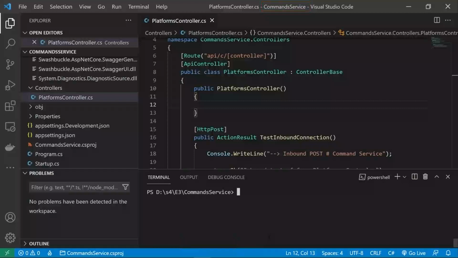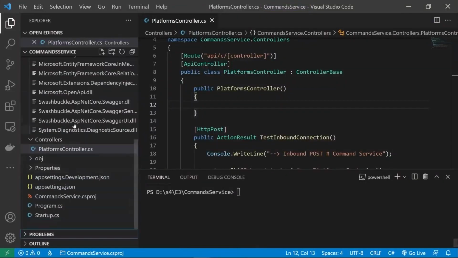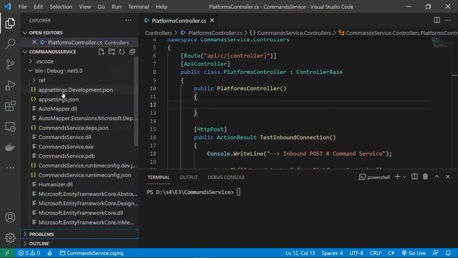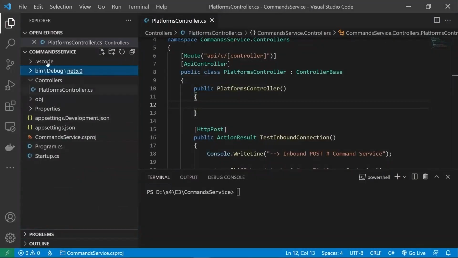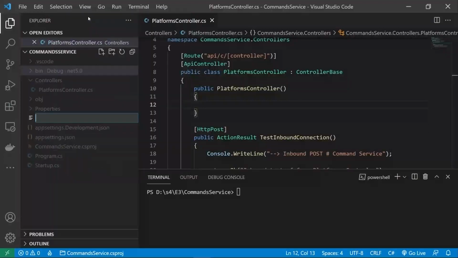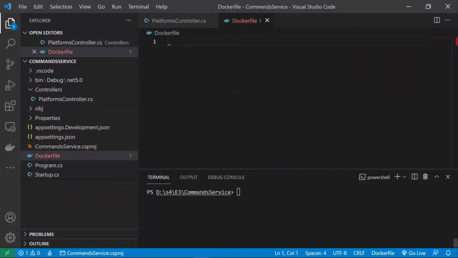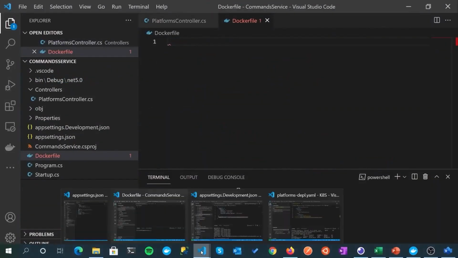So do a quick clear of the screen, and what we want to do is create a Dockerfile. In the root of our commands service project, we're going to right click, new file, and create a Dockerfile, as we did before with our platform service. Now, all I'm going to do is come back over to our platform service